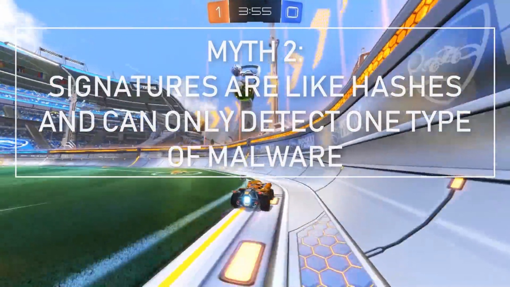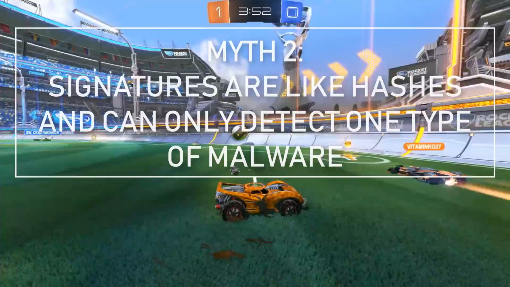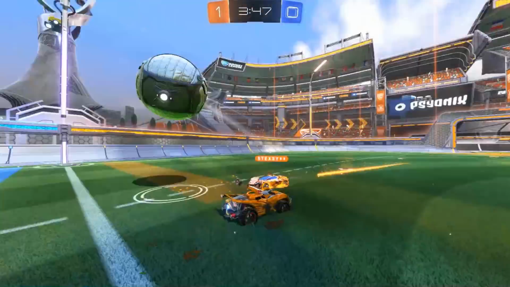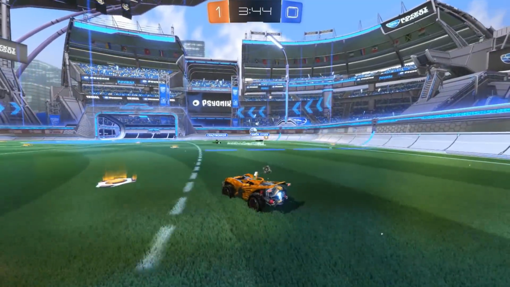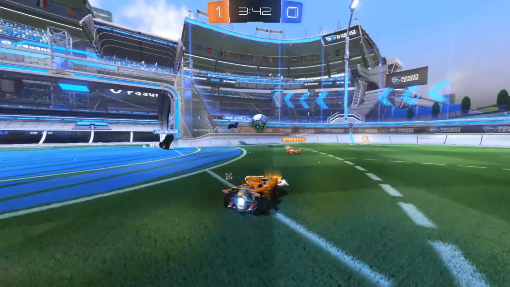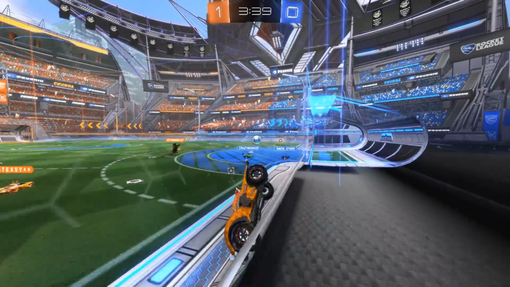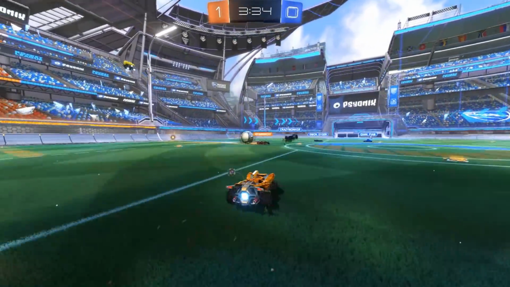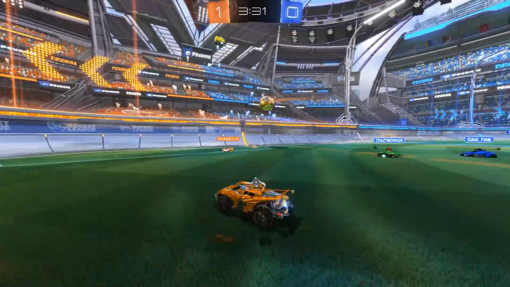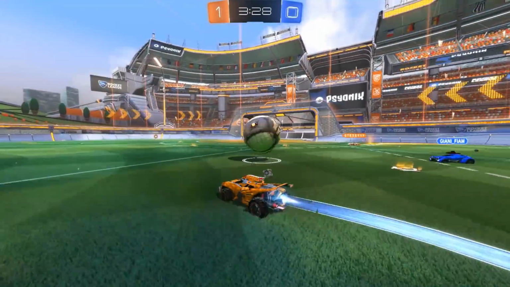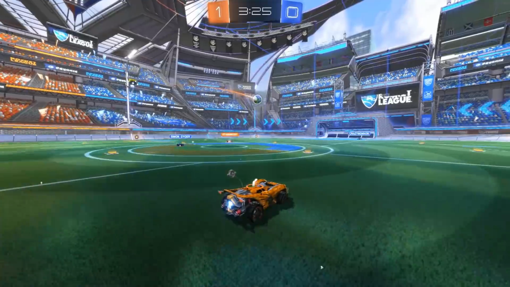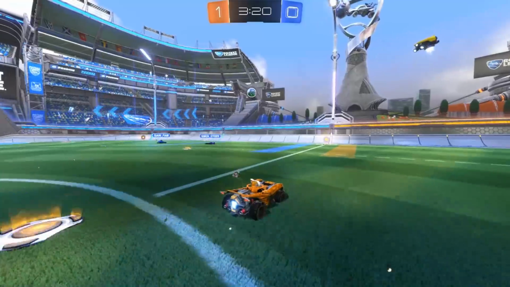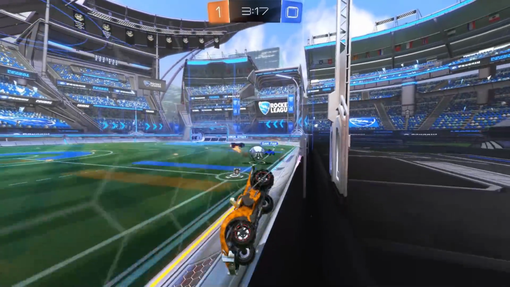Some people think that signatures are unique to a file or confuse them with the concept of file hashes. Yes, it is true that you can use something like an MD5 or an SHA-256 to identify malware, and we do that while tracking. But most AV signatures aren't really based on hashes, so they don't have to be unique for each file. One signature may detect thousands and thousands of different malware files. Even if they have different file sizes, different modules, you can pretty much create a generic signature that could, in theory, detect all types of malware. But obviously, in practice, that's a bit more complicated than that.